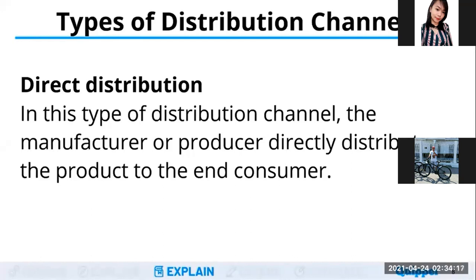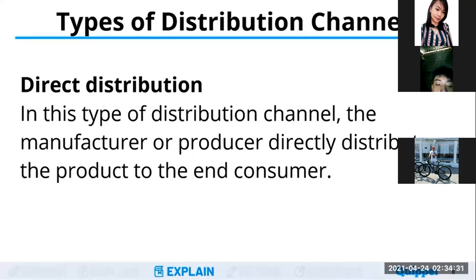So this can include transportation, inventory management, and customer transactions. When we say transportation, these are ways on how to transfer finished goods from the producer or the manufacturer to the consumer. Inventory management, we can have